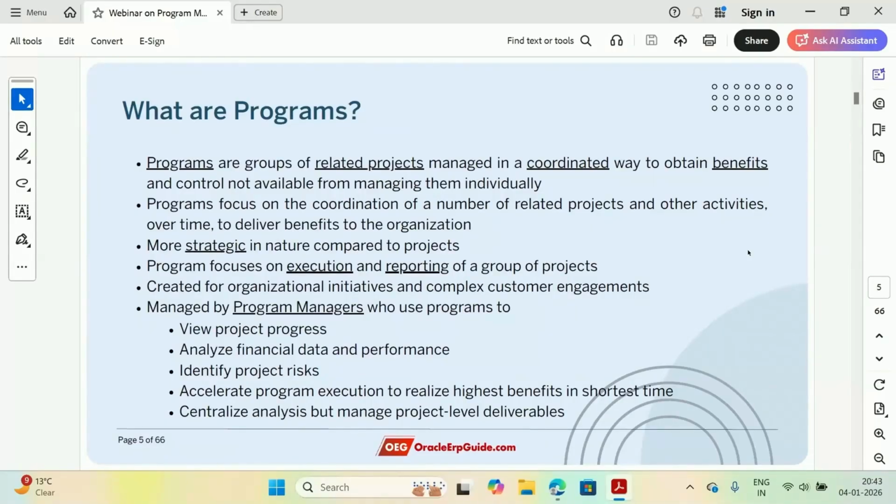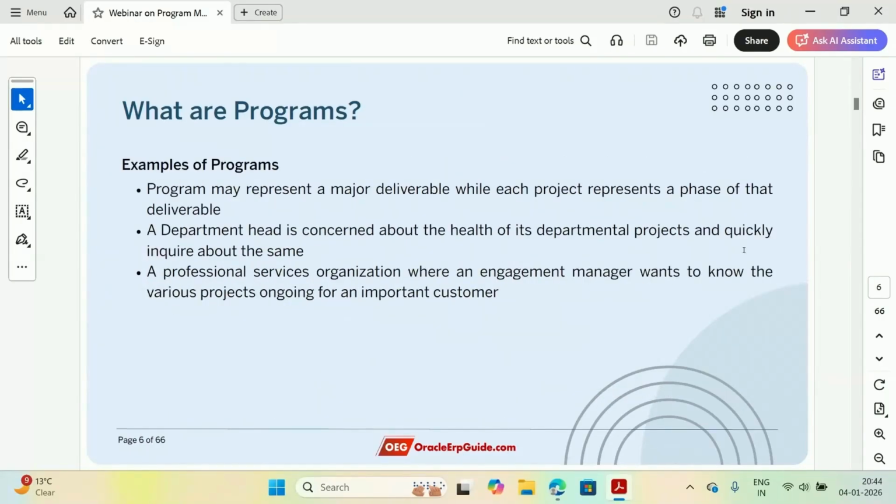So here, another important point to note is that although the deliverables may be at the individual project level, the financial performance analysis may happen also at the program level. So in a way, at the project level there is a performance analysis by the project manager, but at the overall program level there is also a centralization of analysis. Okay, so nothing to worry. I hope you got some of this, but we have some examples which will make it more clear.